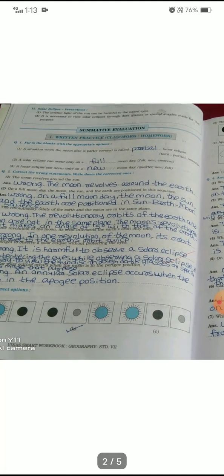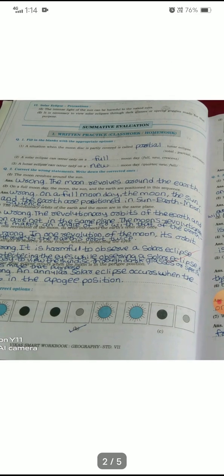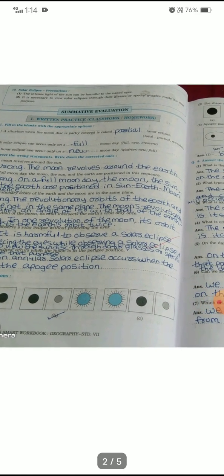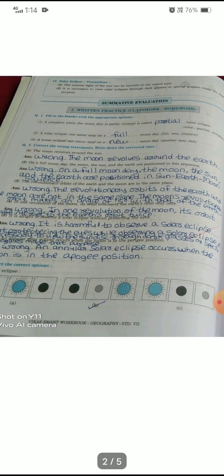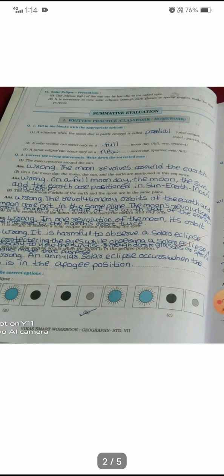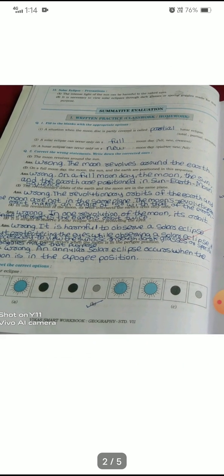Correct the wrong statements. Write down the correct ones. The moon revolves around the sun. Answer: Wrong. The moon revolves around the earth. On a full moon day, the moon, the sun, and the earth are positioned in that sequence. Answer: Wrong. On a full moon day, the moon, the sun, and the earth are positioned in the sun, earth,